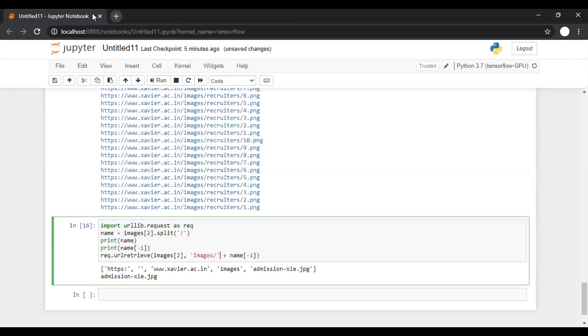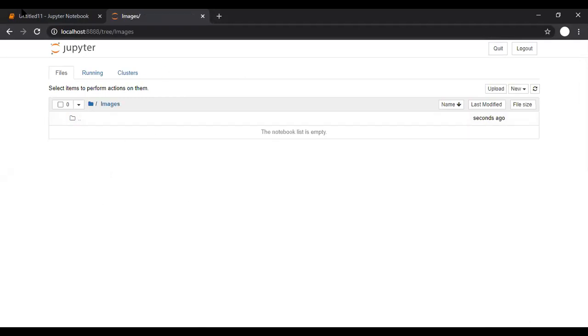So in the images folder, I want to save this image, and the name is name of -1. If you want to see the contents of our images folder, just for a few seconds, I'll show you the contents of that folder. So class, can you see this images folder? Yes. The folder is empty now. Am I right? Yes, class. This images folder is empty now.